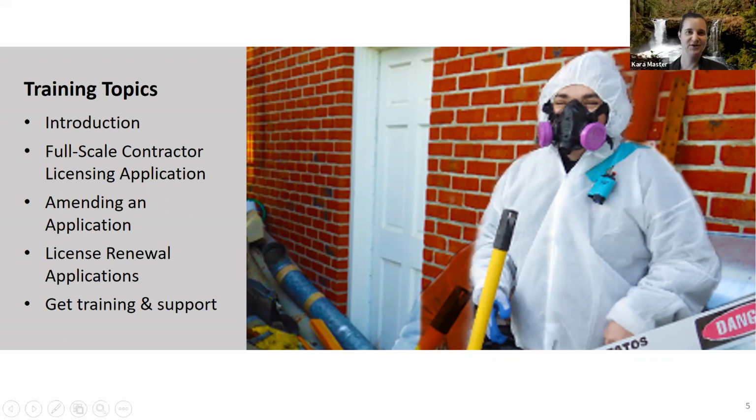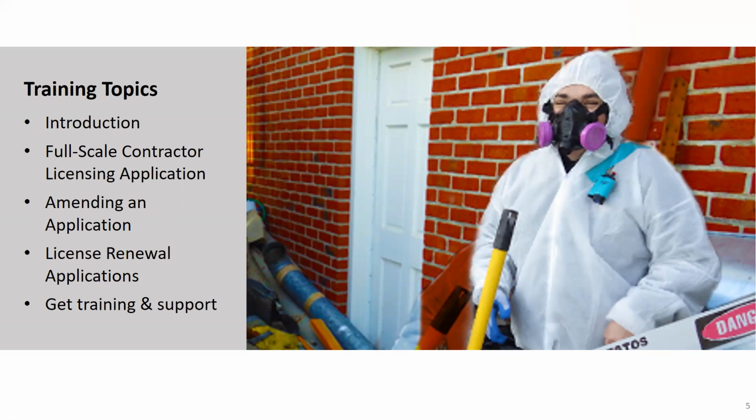Thanks. I'm actually going to go off video so that everybody can stare at the wonderful presentation instead of my face. But thank you again, everybody, for being here. This is an exciting time for all of us. So this is all about full-scale contractor licensing applications. How do you fill those out? How do you make a correction if in the process you realize that you entered something incorrectly, you typed in an old CCB number, or you forgot to add a supervisor? How do you go about doing that?